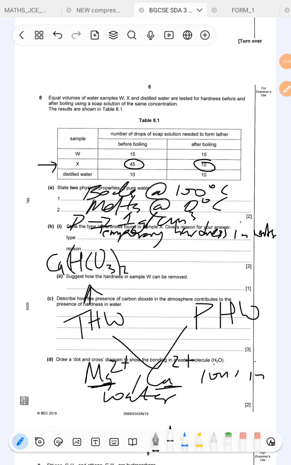Okay, so if you have this compound here inside the water, then for permanent hardness in water, it's whereby you have calcium or magnesium sulfate ions, or even calcium chloride in the water. Now since we're dealing with temporary hardness in water, you can treat it by boiling, because when you boil water,